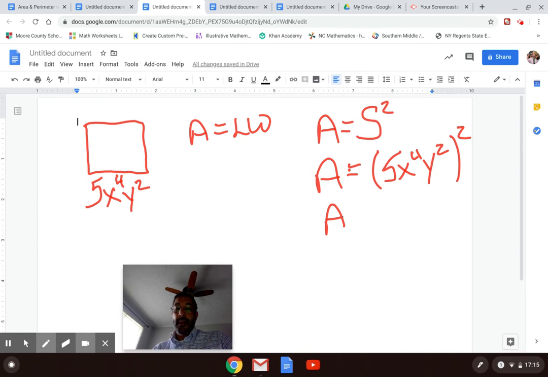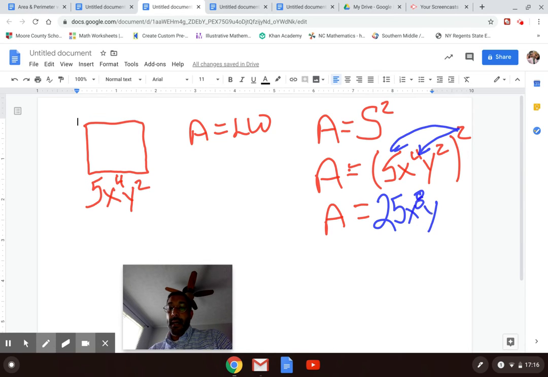So when I distribute that exponent to everything in parentheses, that's going to be 25. And then I multiply those exponents, so that's going to be x to the 8th, y, multiply the exponents to the 4th. So that would be my answer for the area of a square here, would be 25 x to the 8th,